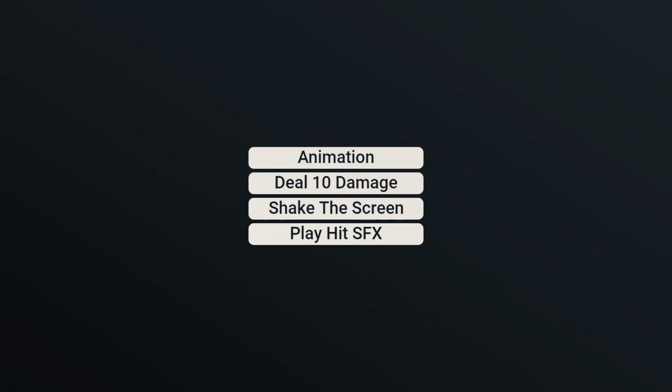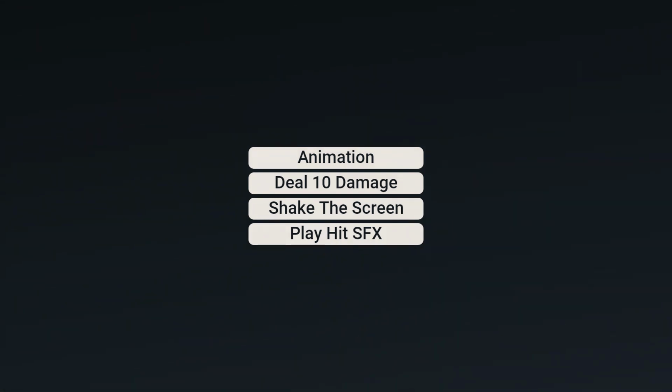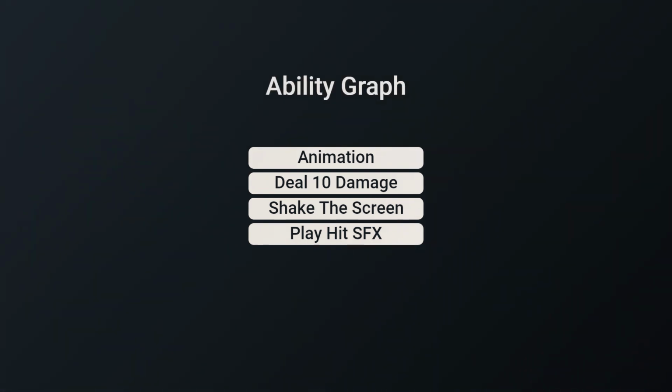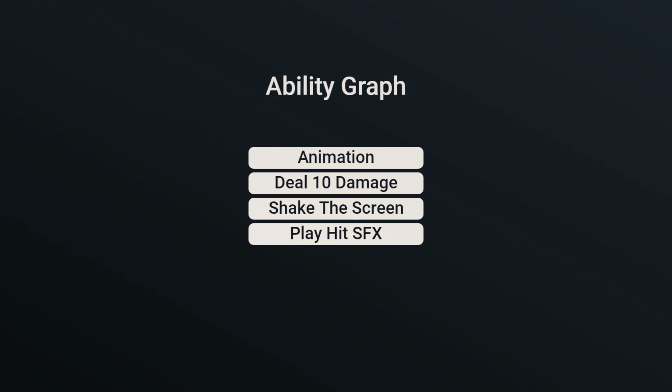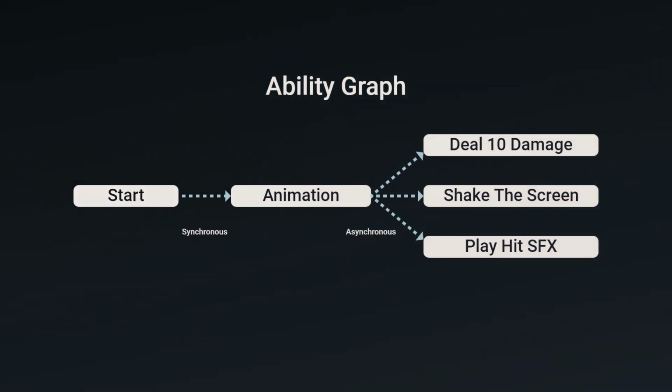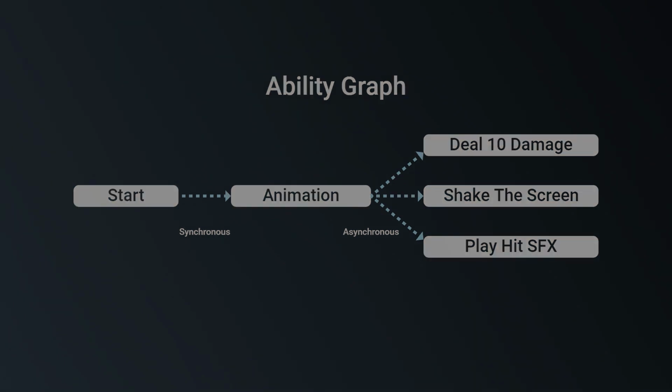Instead of using individual scriptable objects for each effect, each ability definition would have a single scriptable object that represented the ability graph. This graph would contain all the effects as well as the flow between each effect, making it much easier to manage and change abilities. Okay, that was a pretty big info dump, so let me just dive in and hopefully it will make sense